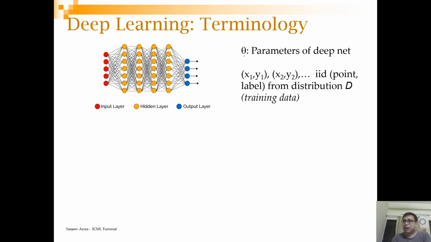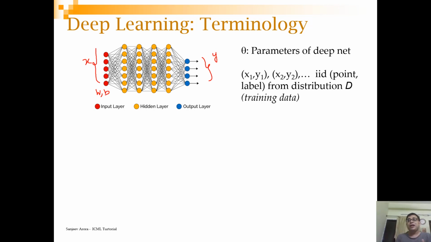And there are some parameters theta which define this deep neural net. So what are these theta? The individual weight and bias parameters of these layers constitute this theta, and you have the input vectors over here. So you have your x values and your y values are given. y can be a categorical variable if it is a classification problem, and it can be a numerical variable if it is a regression problem.